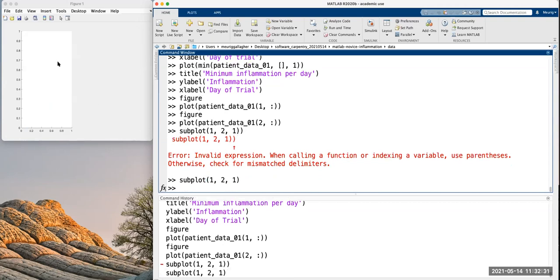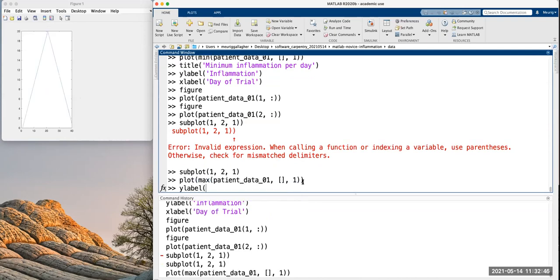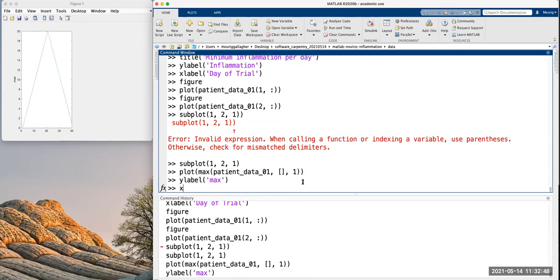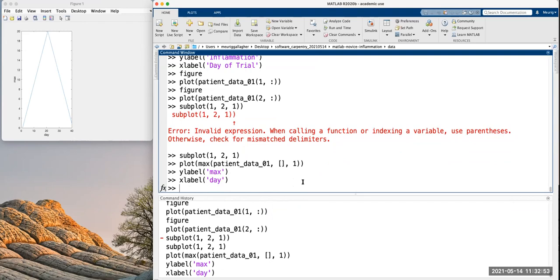And you see it's created a subplot here, 1 row, but you can see there's space for 2. And in this one, we could plot the maximum of patient data over every single day, remembering how we did it before. We do Y label, this is the max, X label, this is the day. And then maybe we also want to have a look at what the minimum looks like. So we can do subplot.